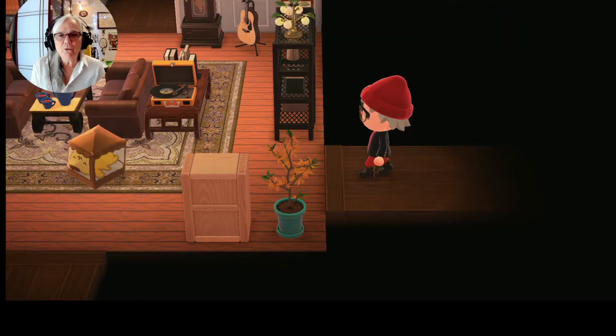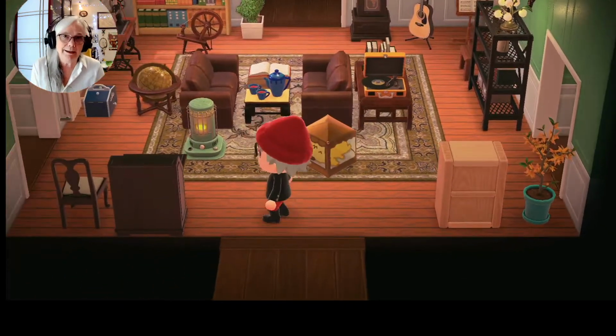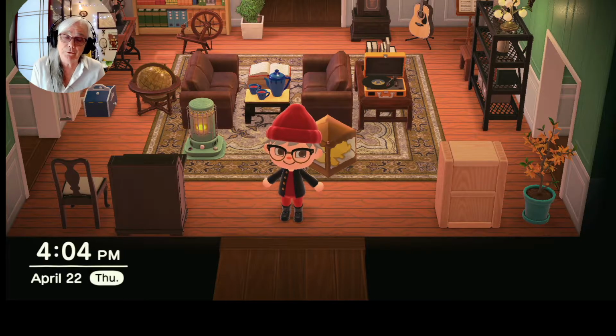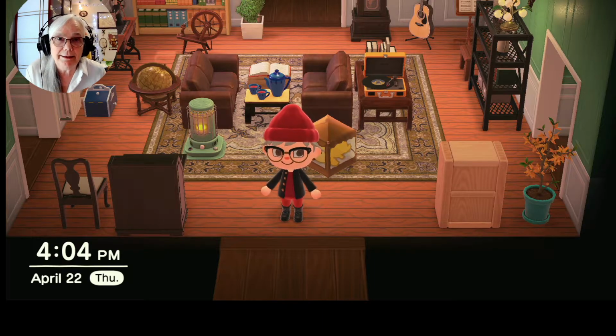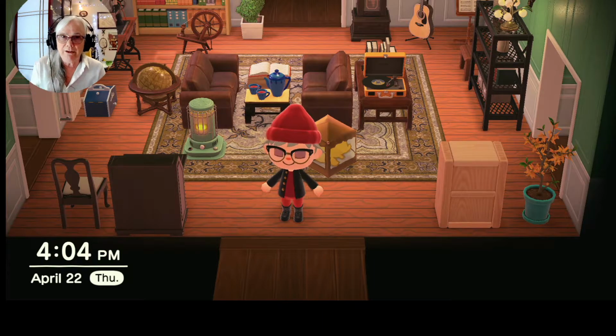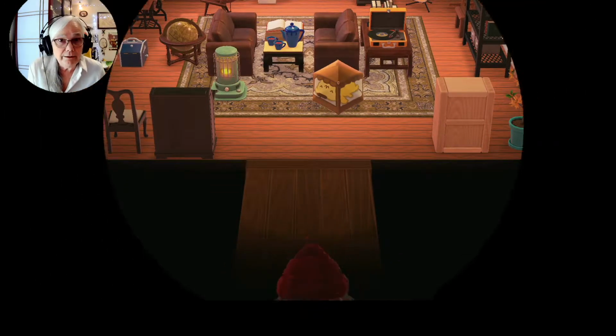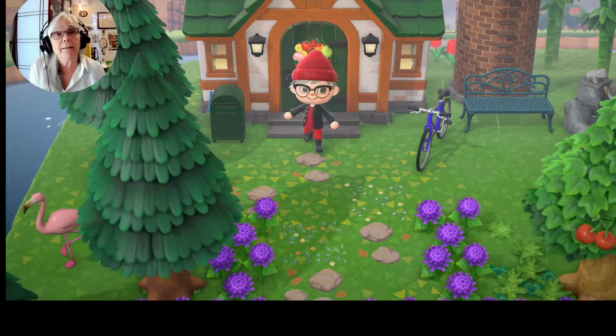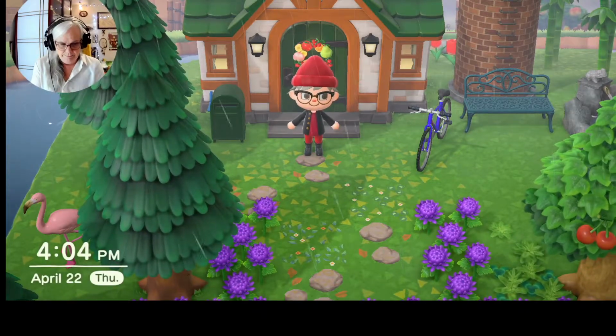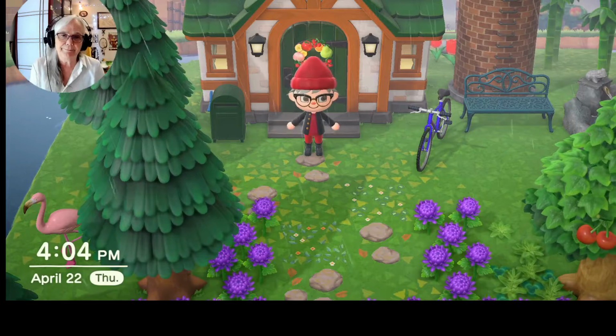So, every island has a dream address, and your island can have one too. You ask this person called Luna to give you a dream address, and you'll dream about your island, and you'll get an address, and it's for the way your island is right this moment. And other people are doing it too. So Luna has a whole bunch of dream addresses. And you can go visit other people's islands by typing in their address.